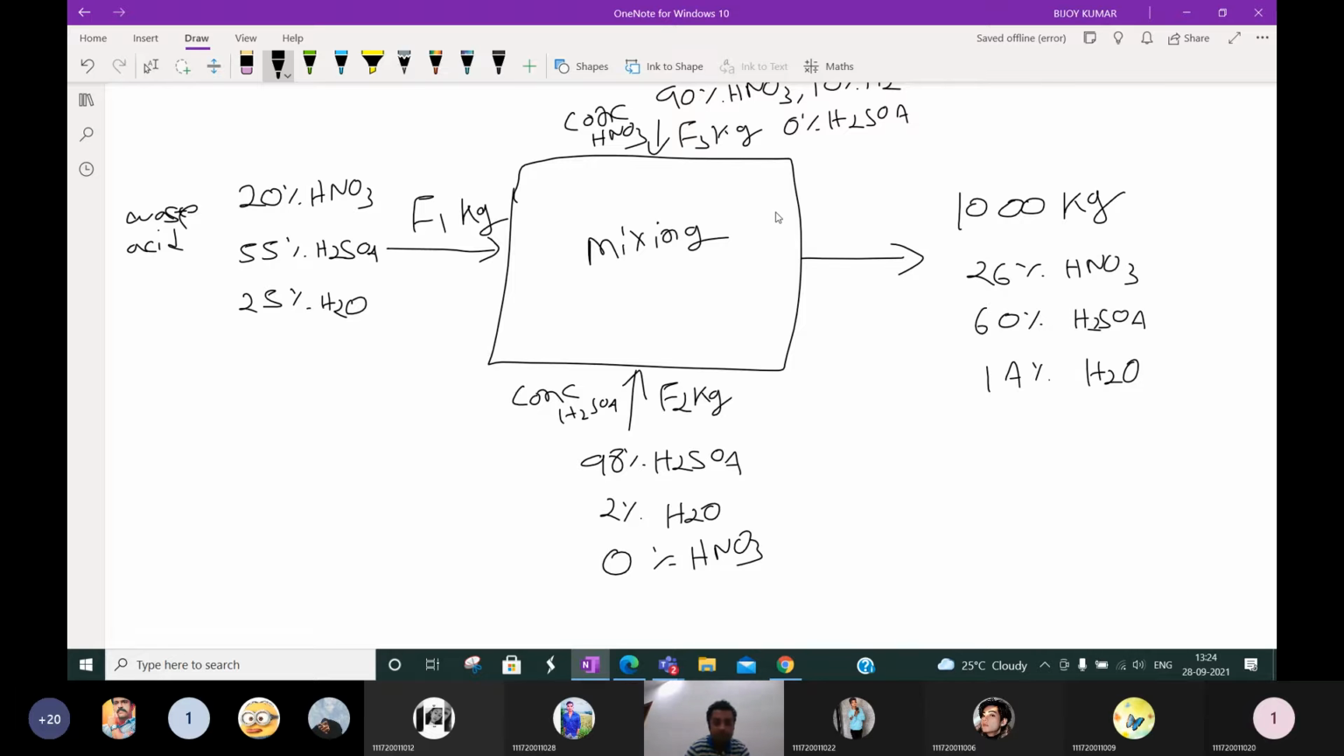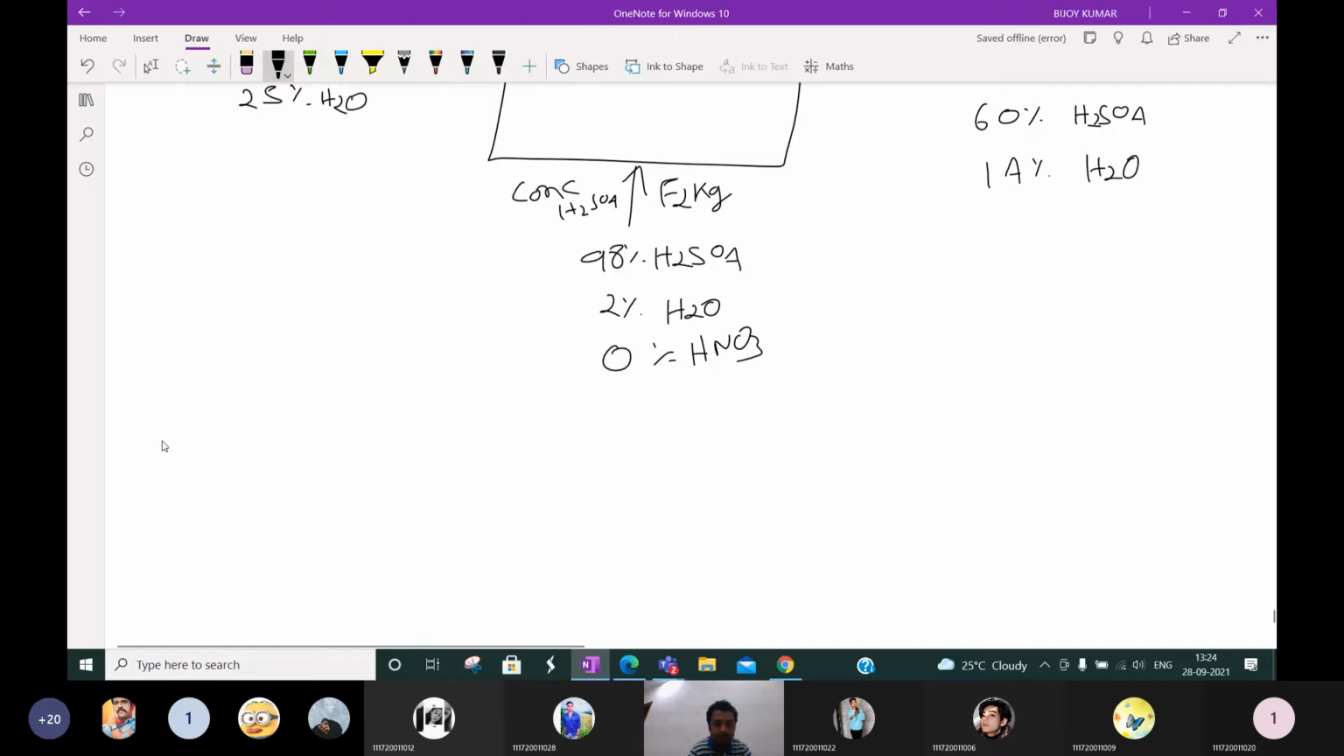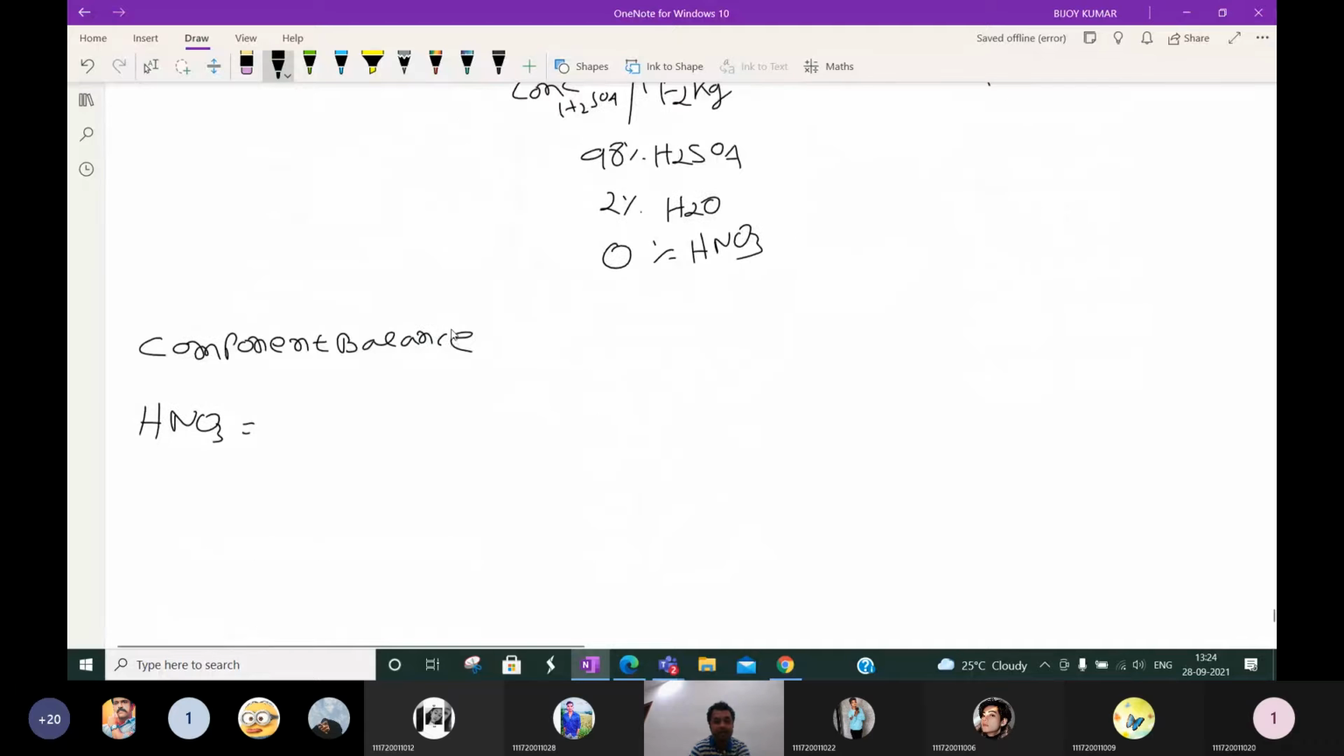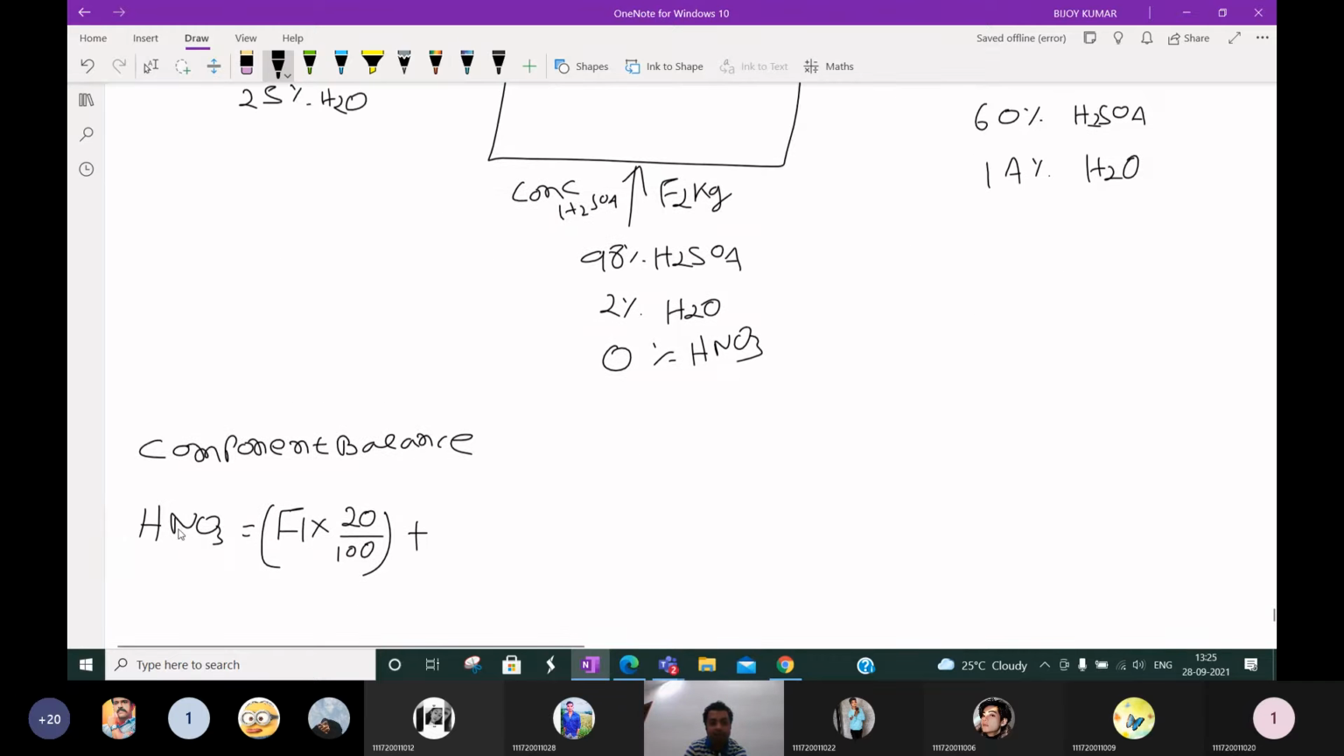So first focus on the first component balance. Let us focus on HNO3. How much HNO3 is present in the F1 stream? It is 20% of F1. So we can write F1 into 20 by 100, that is 20% of F1, plus, as we are doing the HNO3 balance,